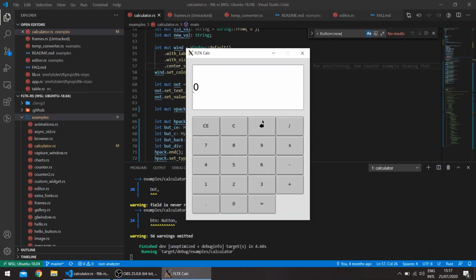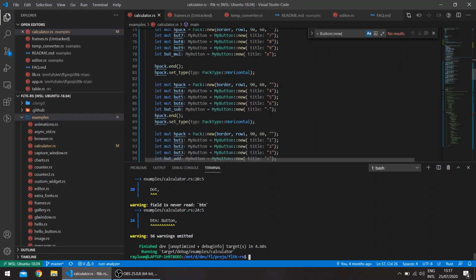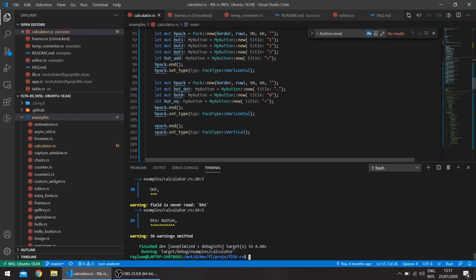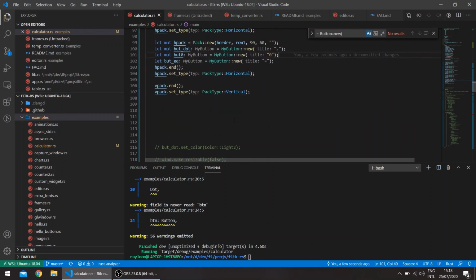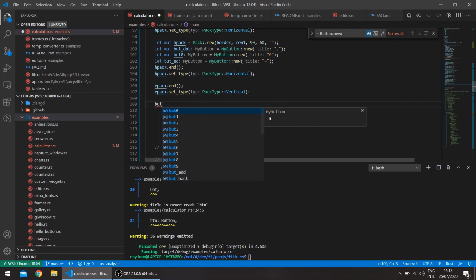Okay, so we need to change this. Now let's take the from 0, for example. 0 size, and we'll give it